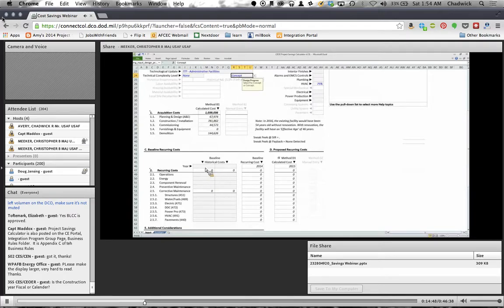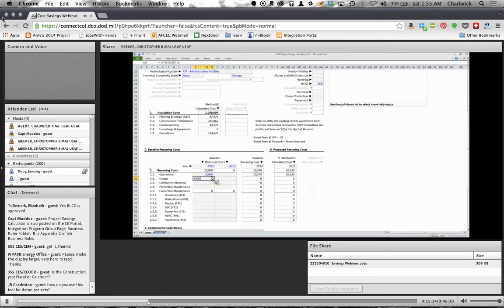These baseline recurring costs are real data, or as real as we can get based on some good engineering judgment. We're going to use the last 2 fiscal years, so 2012 and 2013, and we're basically going to populate this spreadsheet with real data. As I said, this is not a real project, so I've made up some numbers here, but I'm going to go ahead and populate them so you can see what it does. With respect to these numbers,